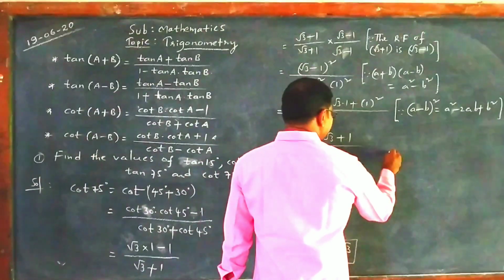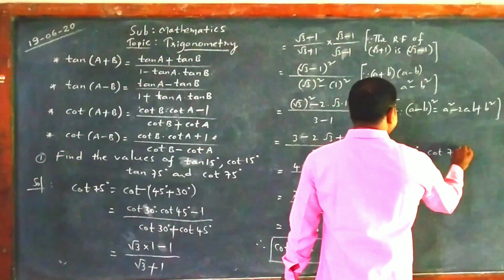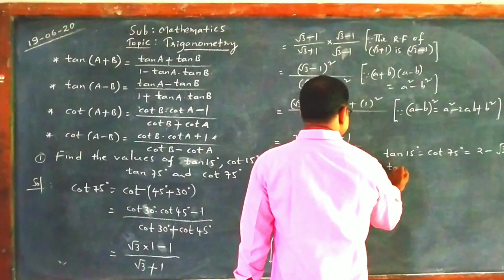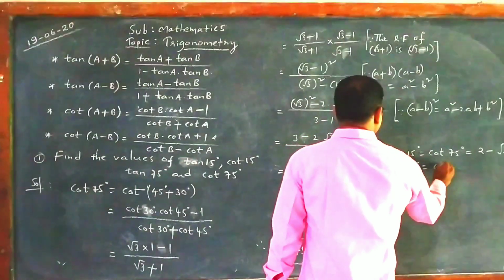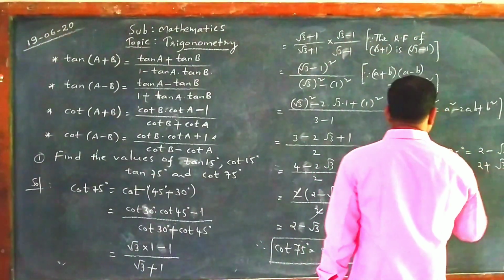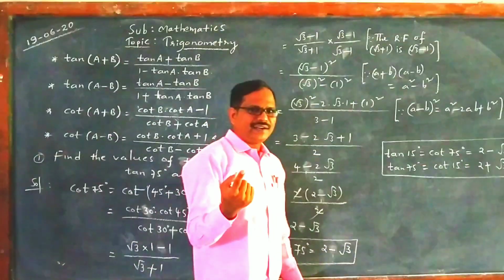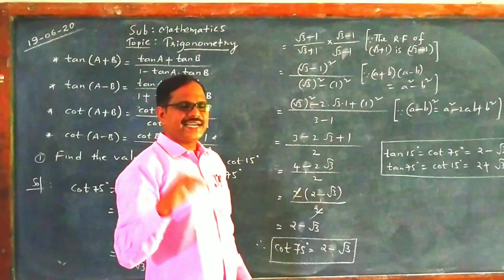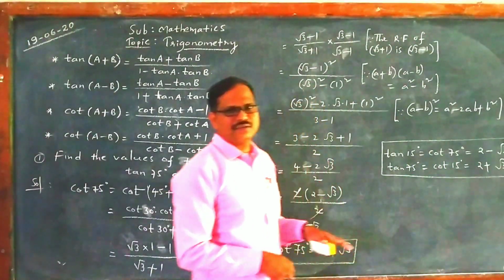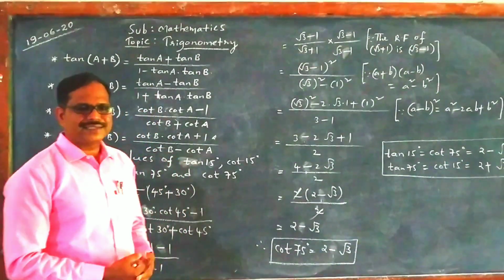From this I observed that the tan 15 degrees value and the cot 75 degrees value are the same, 2 minus root 3, and the tan 75 degrees value and the cot 15 degrees value are the same, no? What is that? 2 plus root 3. So you can remember easily from here. Sin 15 and cos 75, cos 15 and sin 75, tan 15 and cot 75, cot 15 and tan 75 values are equal. So from the table you can remember easily. Hope it is clear. Thank you.